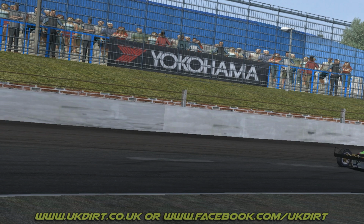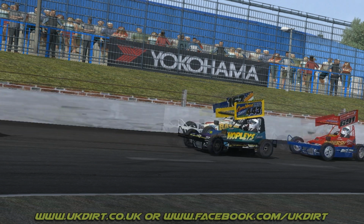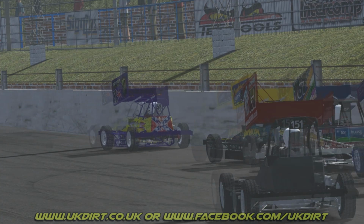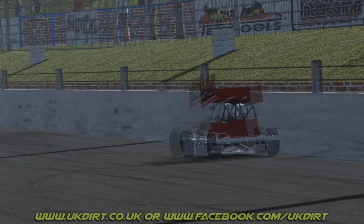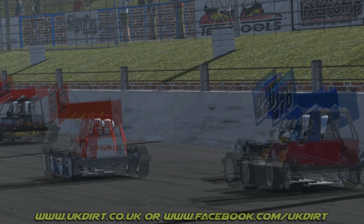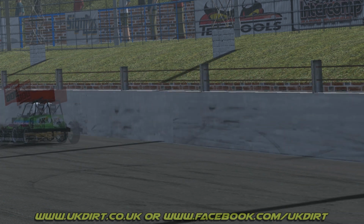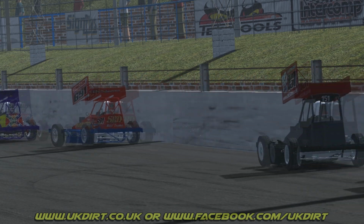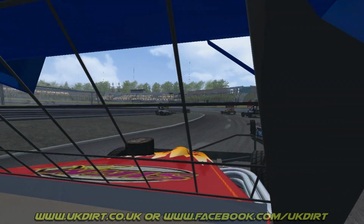Our leaders now come round. Josh Hampson will still lead the way. He's now got the back marking car in front of him on the 151. That's Dode. He's also got Cameron CB there, Mitch as well. Every single lap though, DanSkin seems to be closing the gap as we now look from the infield perspective. This is the retired car of 981 Martin Bentley, who unfortunately took an early exit from this event. That's going to see him play no further part. He's going to now sit here on the back straight away, but now we go on board with Tyler Billing